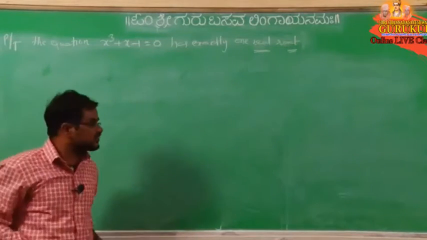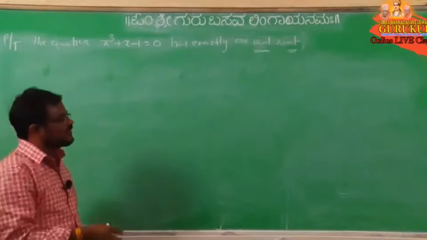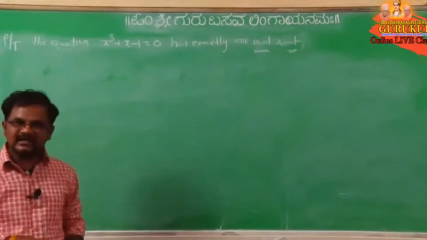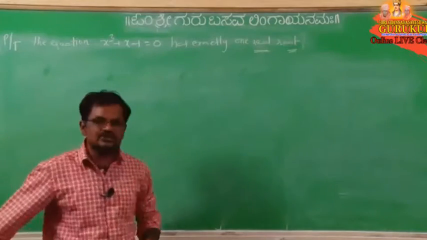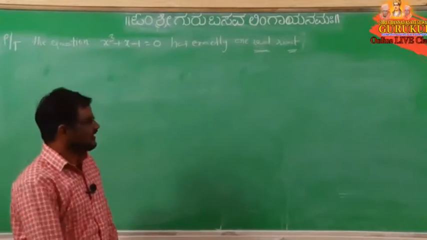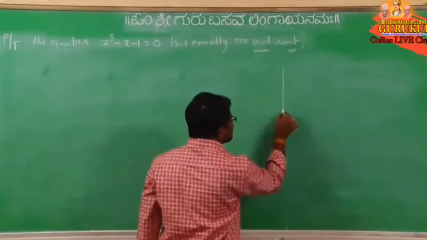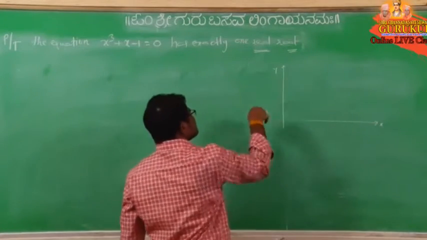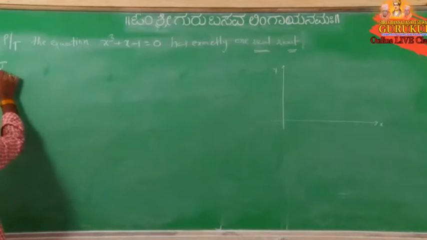Otherwise there is one more method also. Actually that is an interesting method and an easy method also. First I will try to explain that one, and after that I will solve by Rolle's theorem. So for that some explanation is needed. You take this x-axis. This is the first method, the increasing and decreasing method.